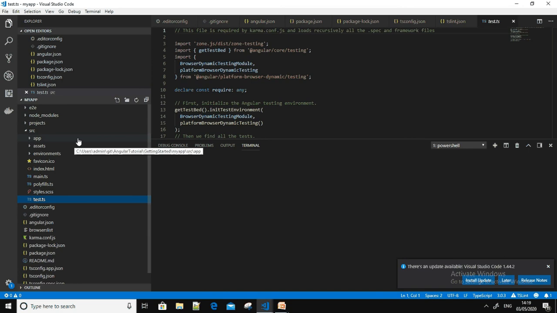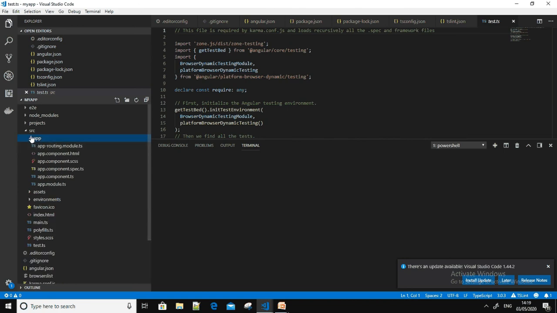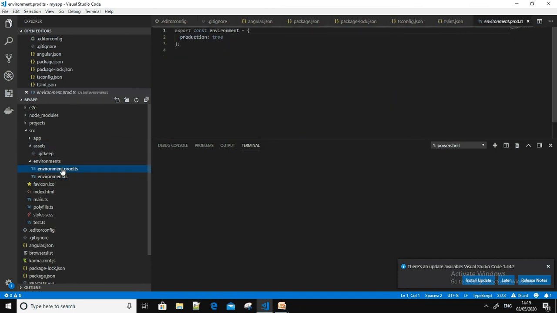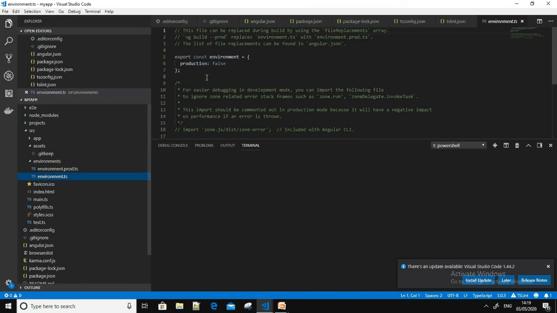Then there are the folders which also come under the application source files. One is the app folder, which has the app related details, then the assets folder, and then the environments folder. The assets folder has all your assets like images and icons. The environments folder has the environment related details, like if it is production, production is equal to true; if it is not production, production is equal to false.